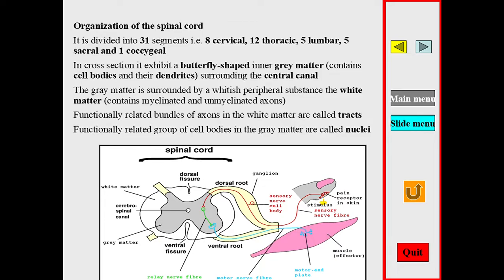Within the gray matter itself, we have the dorsal root, which extends posteriorly, and the ventral root anteriorly. The dorsal root, as we can see, has afferent neurons, while within the ventral root we have the efferent neurons. The afferent neurons,